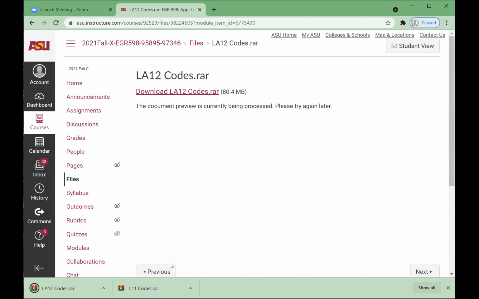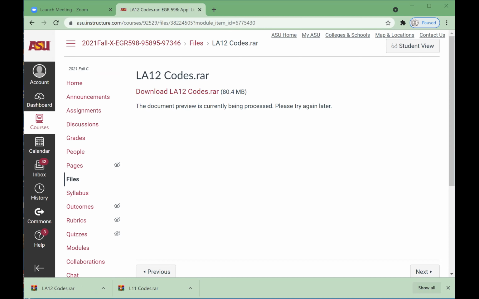Once you download that file, you can open it, and then there will be this folder that I would encourage you to grab and drop onto the desktop. Then I want you to start MATLAB.